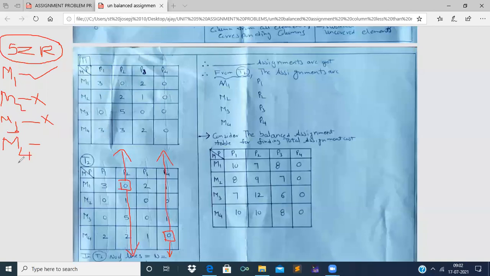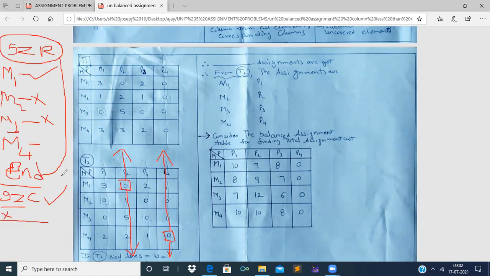Now single zero row search is finished. We have to put an end to the single zero row search. Now we have to search for single zero columns. In the first column, observe carefully, single zeros are not present, as 2 zeros are present. And in the third column also 2 zeros are present. Therefore, single zero column search is also finished, and we are not finding single zero columns.